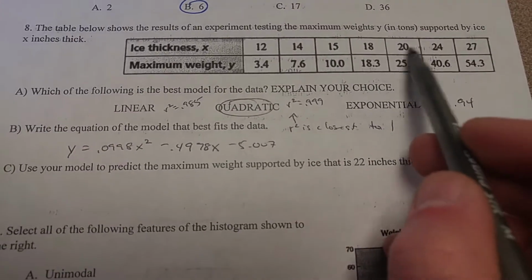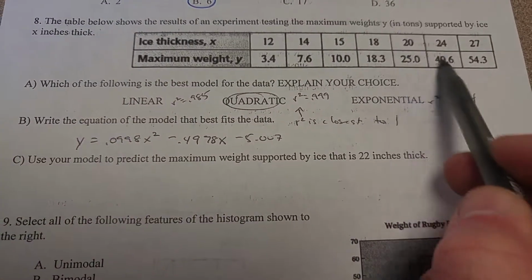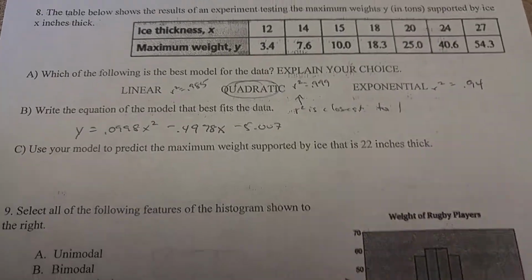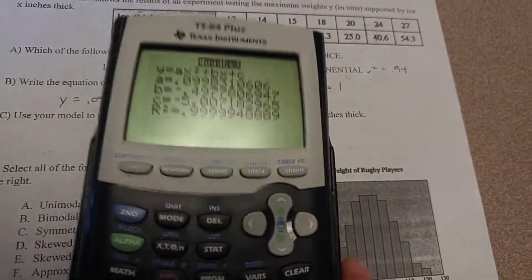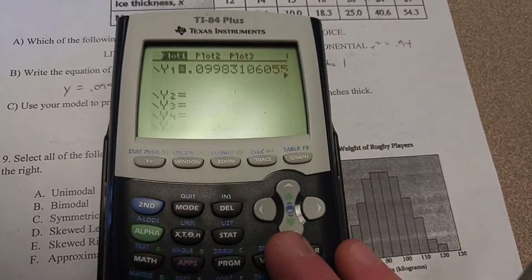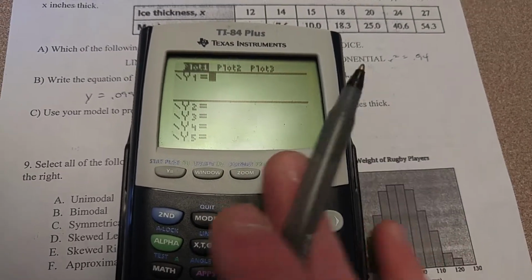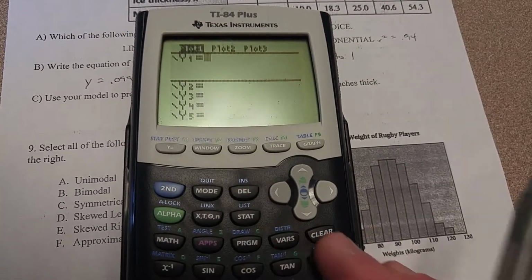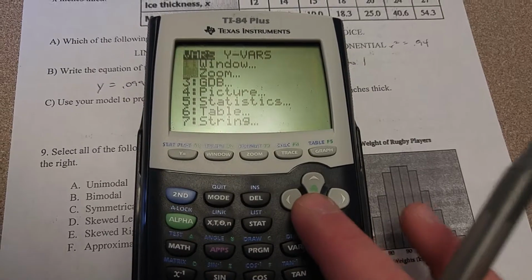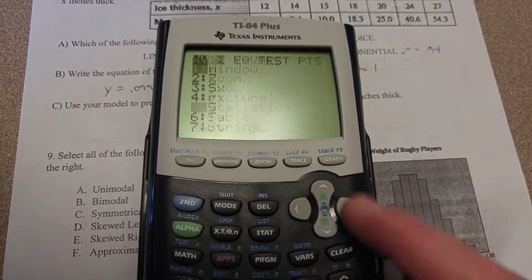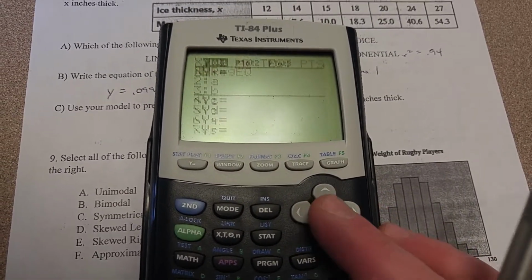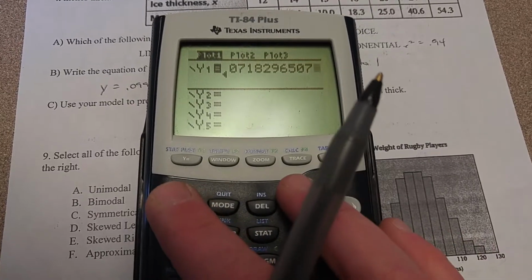And then I will use that to predict when I'm at 22 inches. So we should expect 22 inches to be maybe between these two numbers because there's 20 and there's 24. You can just copy this equation into y equals. You can just type it in here by hand. I'm gonna paste it in using the special button. So I'm gonna go Vars 5, Equation, Regression Equation,